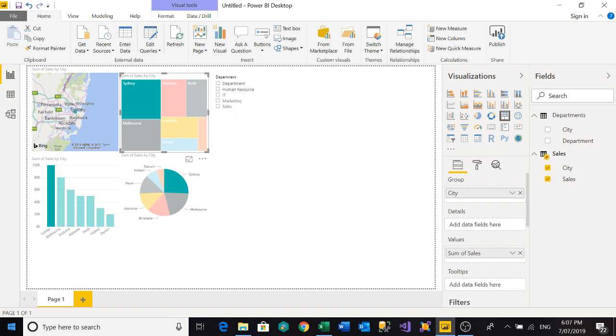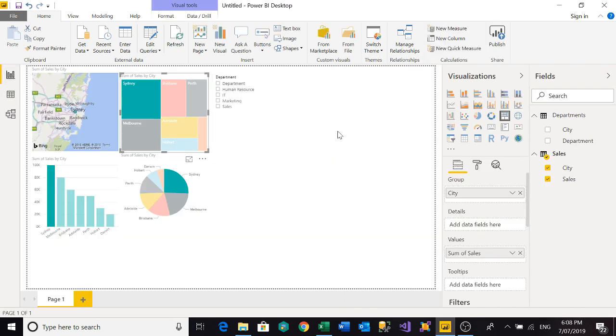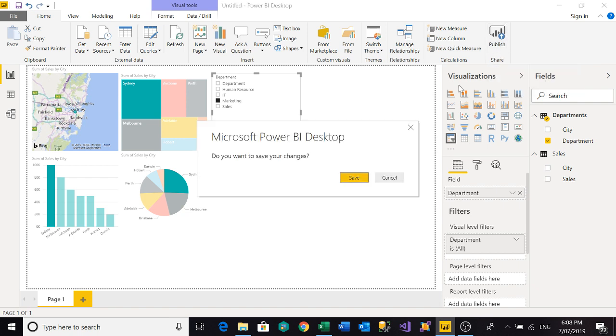This might be a bad example, but I just want to show you that this is how you can build a relationship, and then you can slice and dice your data from here and do all that stuff. Okay. So as I said, this is not the best data example I can show you, but you obviously get a good understanding of this. And then eventually, once you've done, you can publish this and deploy it to the environment. I haven't done publish yet, so